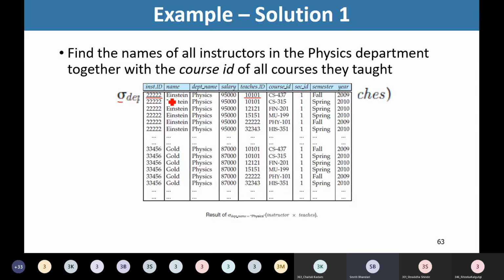If the values of the common attributes are same, then and only then we say that it is a relevant tuple. Otherwise, there is no meaning at all to this tuple, because the instructor is from physics department and the course here that we have paired is from CSE department. So there is no connection actually, right?